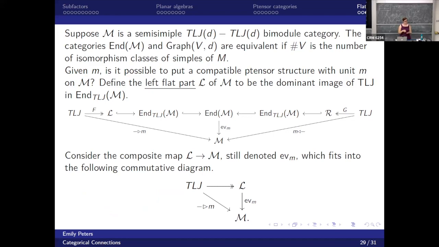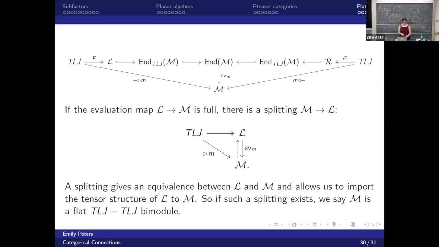And so in this case, the splitting that you get, is it an adjoint? Is there a reason you drew it on the left? That's a good question that I don't have the answer to. The short answer is I drew it on the left because I had to put it somewhere. Well, if nothing else, every equivalence can be improved to an adjoint equivalence. So you could make it an adjoint if you wanted to, but you might have to twiddle things to make that work. But there's some machinery of monadic descent that fits into exactly this kind of picture that might be relevant. I would love to get some more details from you about that.